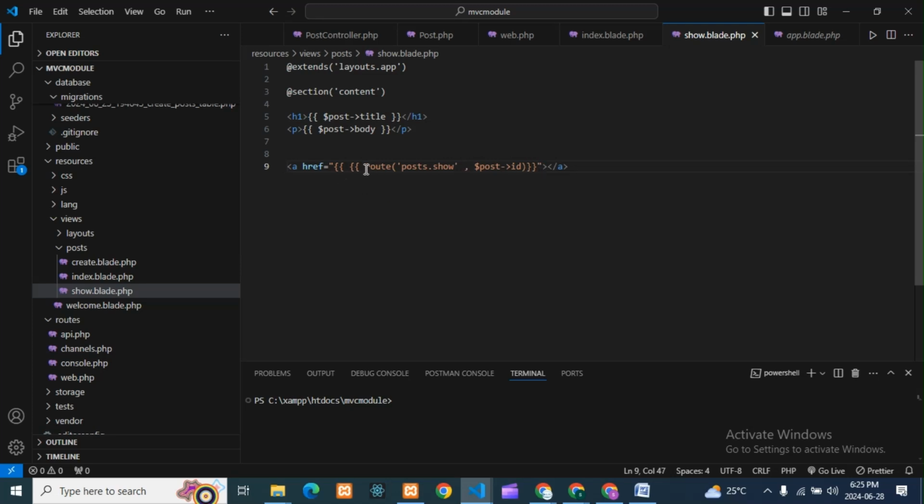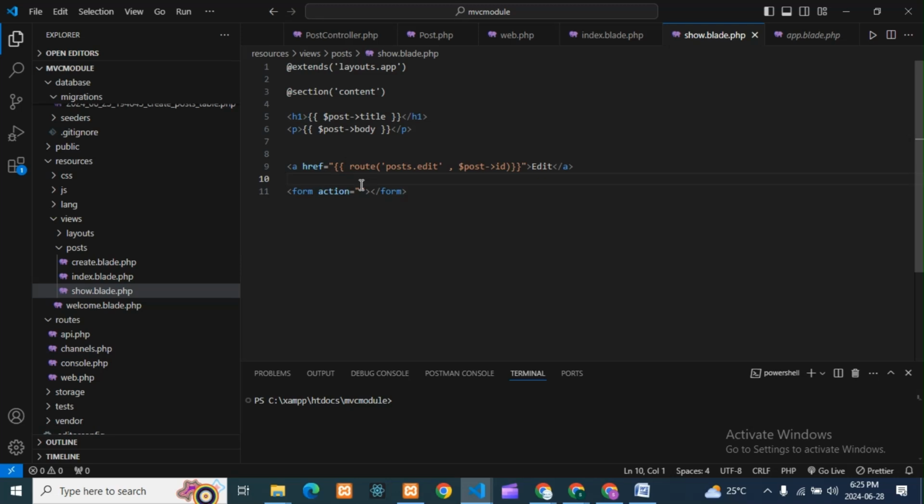Here also I'll remove this. Fine. You can see, guys, here it is the route: post.edit, it will come instead of show, and the id will come, guys, and here is the edit option so I can edit the data. Whenever I click on edit, it should show in one form, right? If you want to delete anything, that also you can do from here.